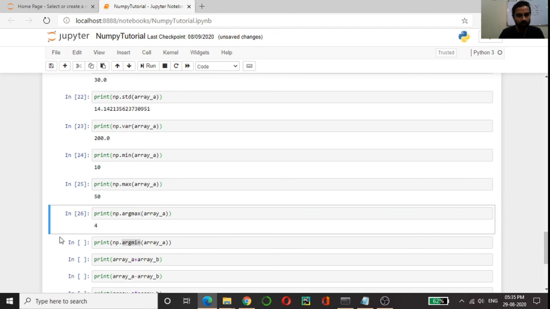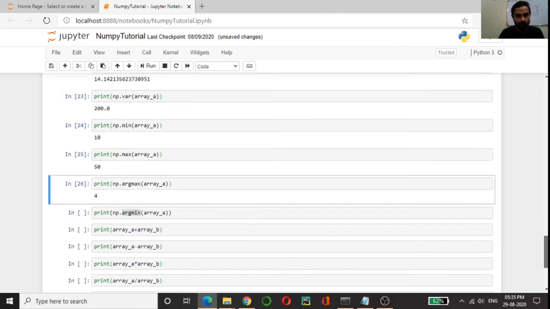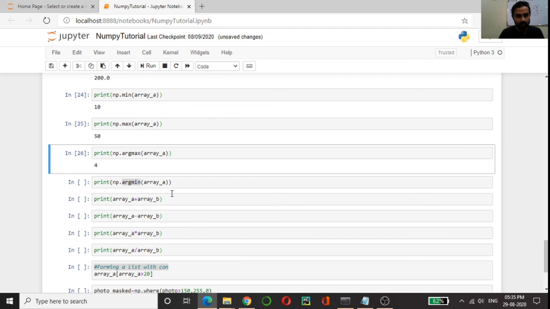You would see 4 here, so at index 4 you have the maximum value. Let me show you: 0, 1, 2, 3, 4, and 50 is the maximum. So the index value 4 is getting printed here.